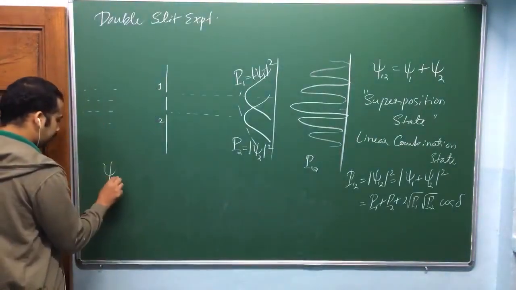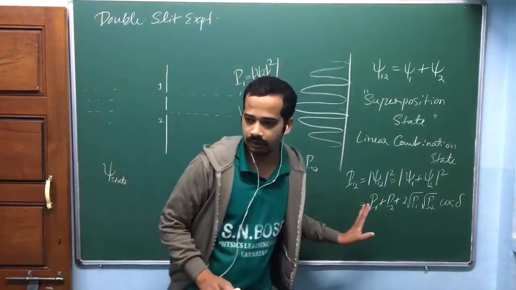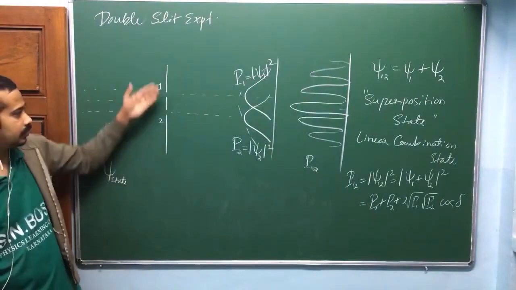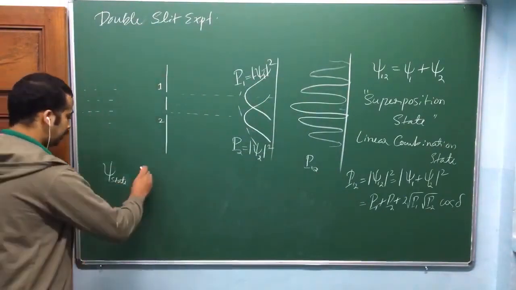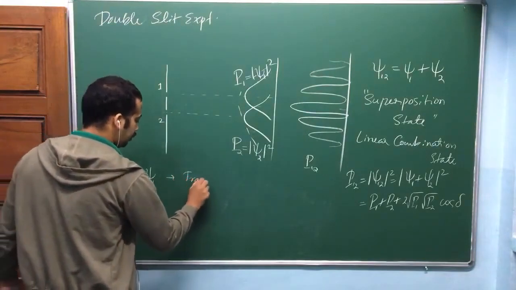The state of the electron which is received on the screen. Possible state of the electron which is received on the screen. I am not worried about other electrons which are hitting other parts of this one. The state of the electron can be psi 1. What is this one? I told you, translational